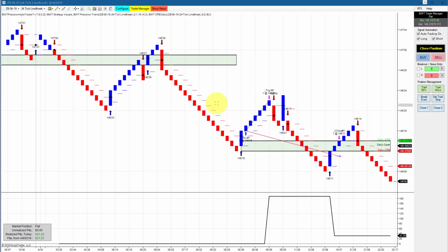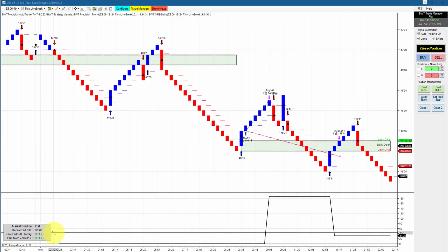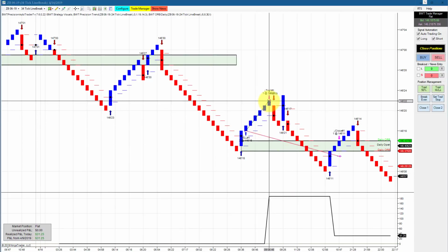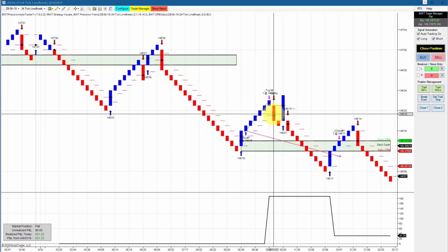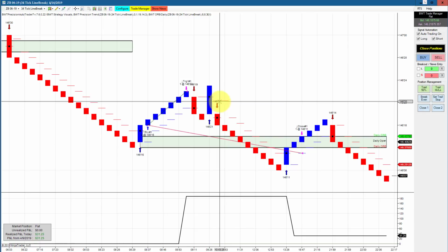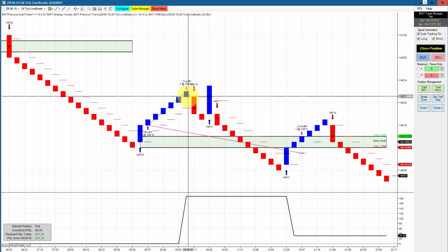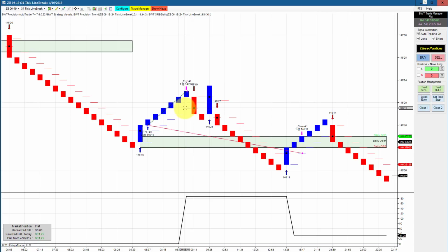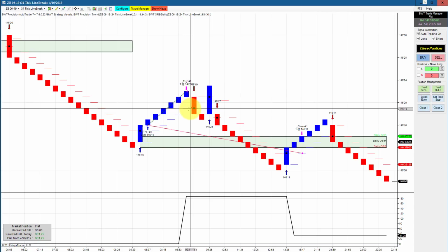Okay, the bonds on a 34 tick line break basically broke even for the day. 1 tick profit. Unfortunately, we didn't get out trailing the stop by the first target. So this is the kind of thing that I look at and think, you know, trailing the stop by a bar or so, or by the volatility stop, which would be this level here, after you hit your first target is